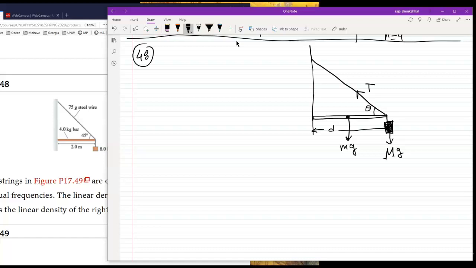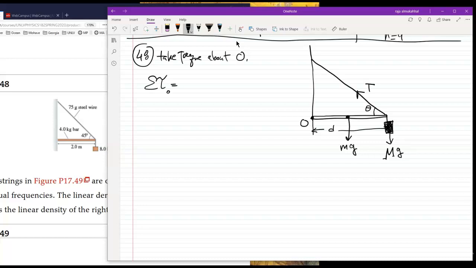All right, so I need to know the tension in the wire. One way to do that is, if I call this point right here, again, I'm just going to do mechanics here. The best way to do it for me is to use the torque. So what I'm going to do is take the torque about O. So sigma tau about O is equal to,